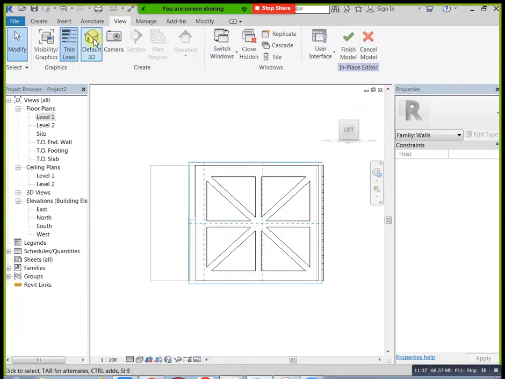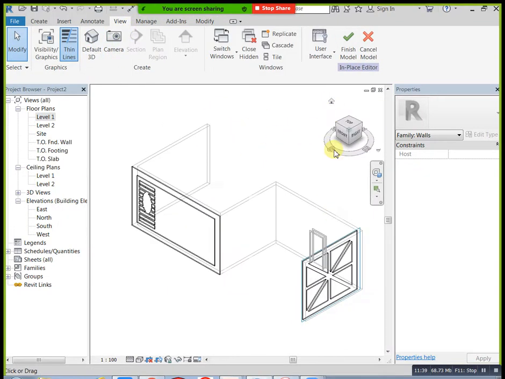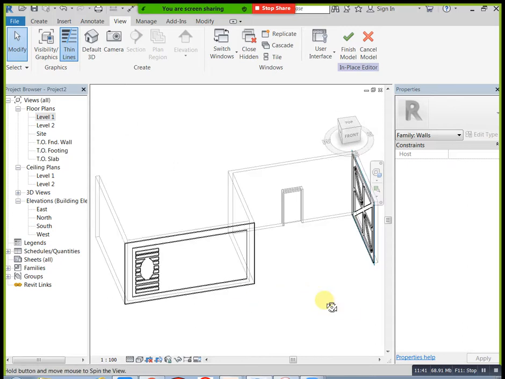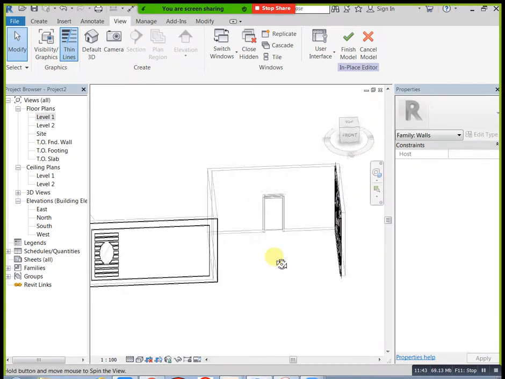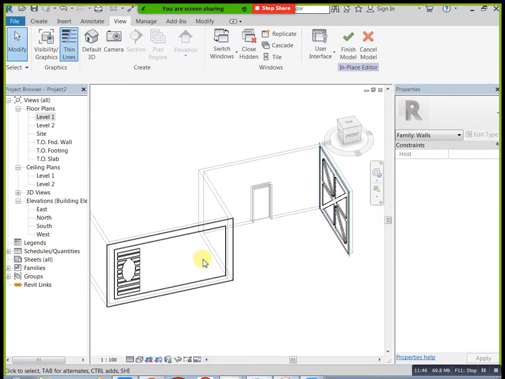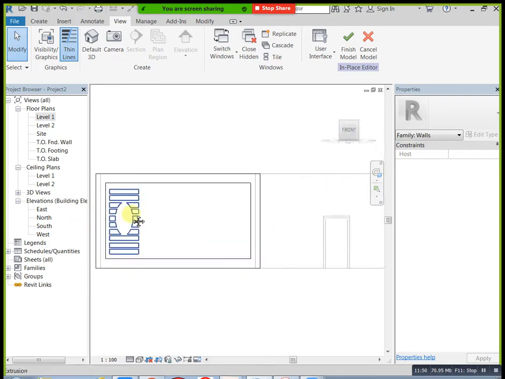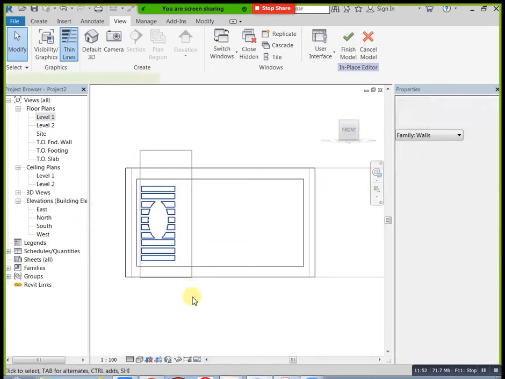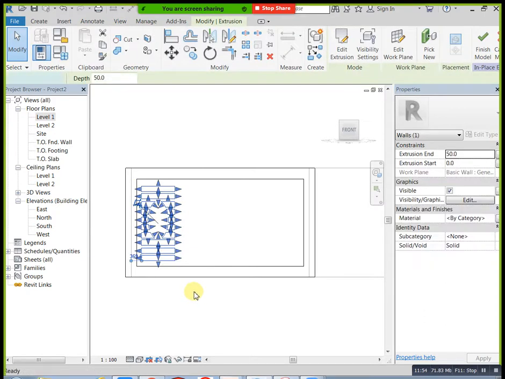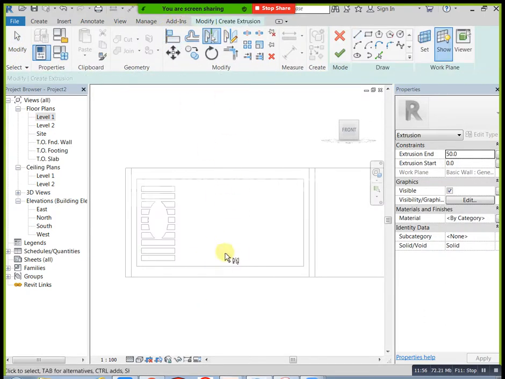See, we have like this. Okay, for example, this side you need same. Just go to front. You can select this one, and you can apply mirror here. Cancel. Select this one and do mirror. Draw axis.